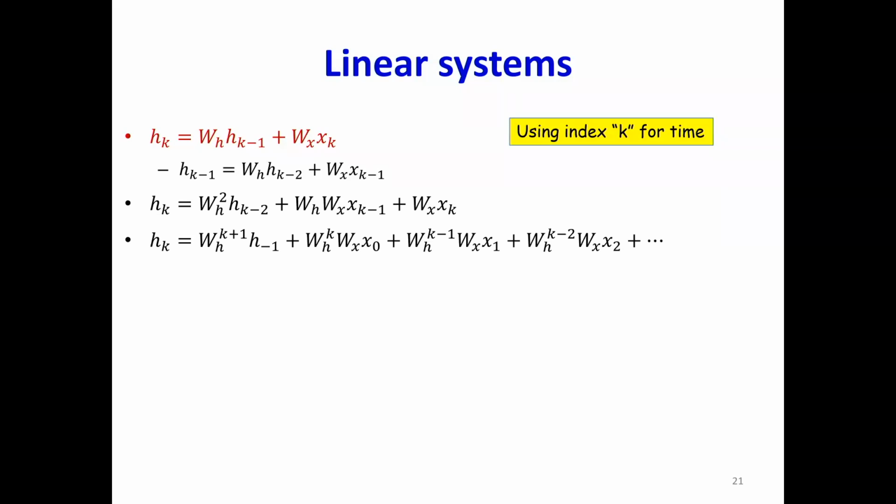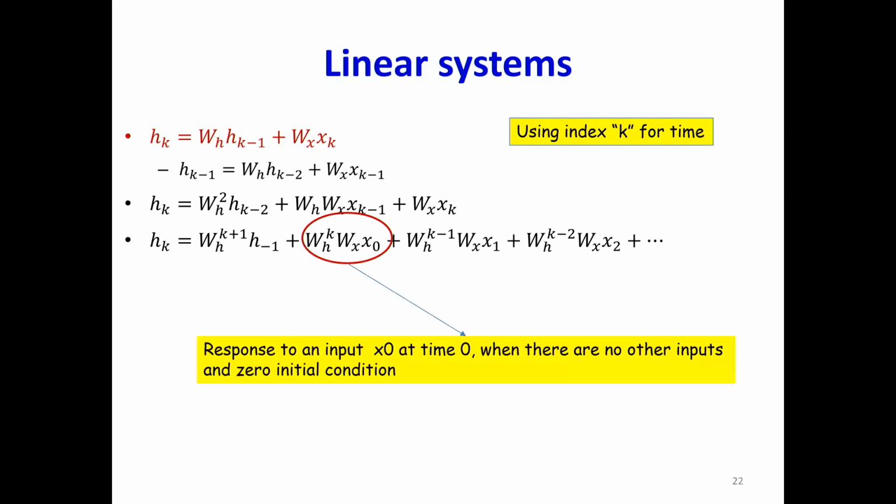I got something off, but you get the idea of how this works. Okay. Now, if I want to analyze this, this is entirely linear, right? What is that second term over here? That second term is the response of the system. If h minus 1 was 0, then there's no prior input, right? And so this is the response of the system if you had a single input x0 at time 0 and no further inputs, right? So I can write that.